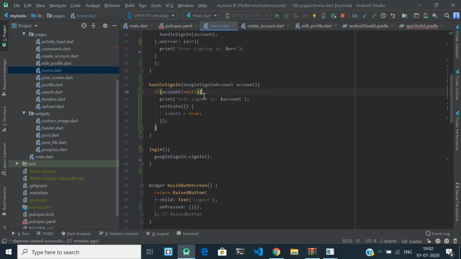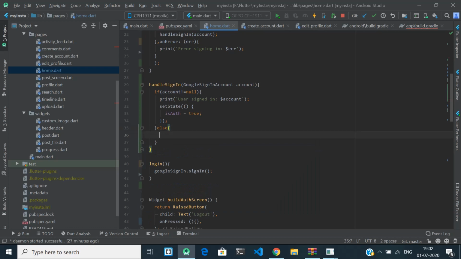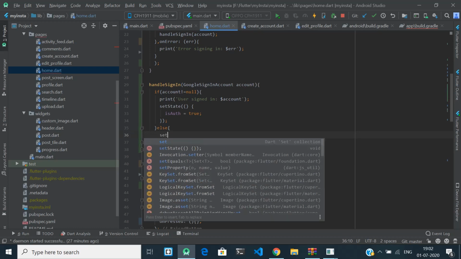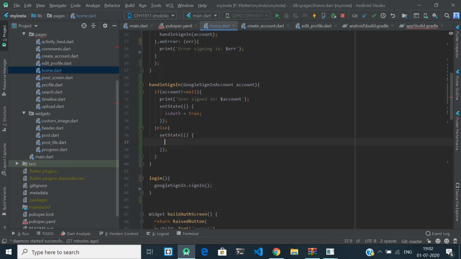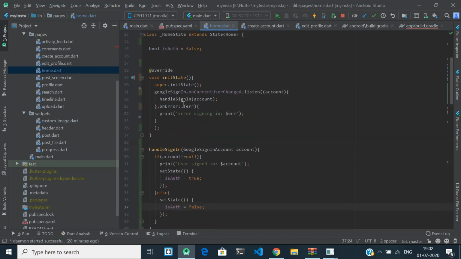Suppose you get null, then you can write set state, and isauth is still false. This part is done.